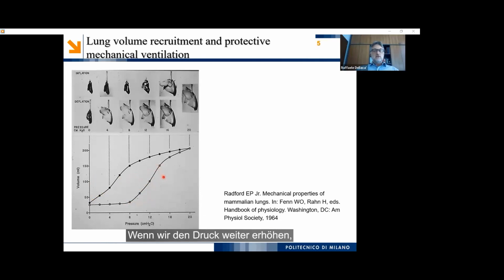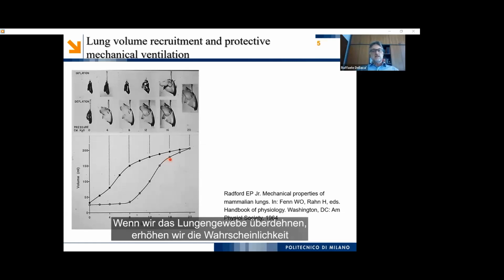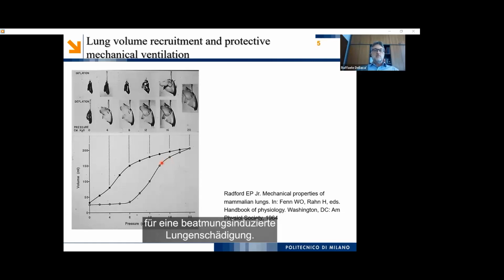If we continue to increase the pressure, then we get to a third phase of this inflation, in which we can see that despite the continuous increase of pressure, the volume gain is markedly reduced. This is a clear indicator of lung tissue over-distension. So we are over-distending the lung tissue, promoting possibly